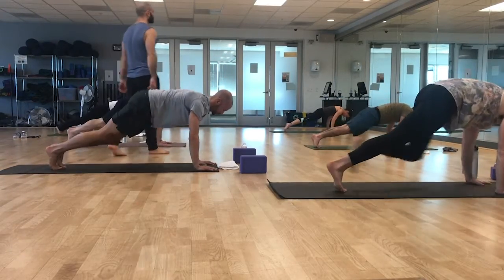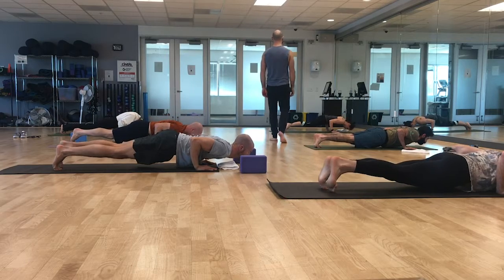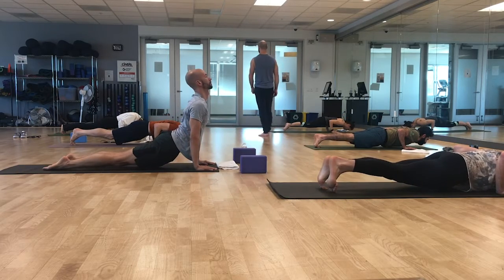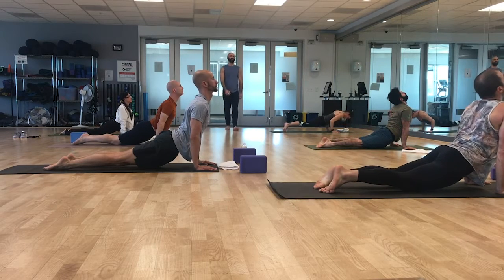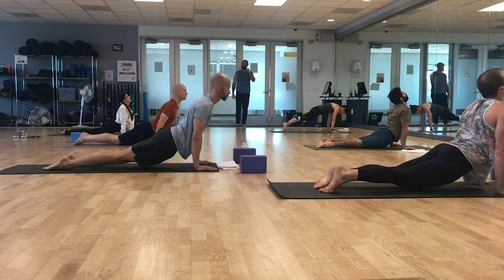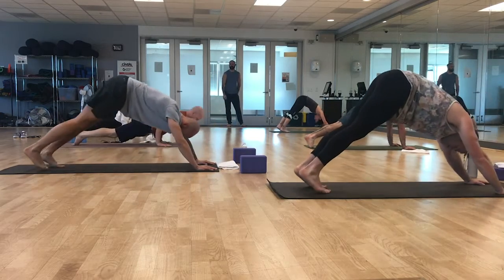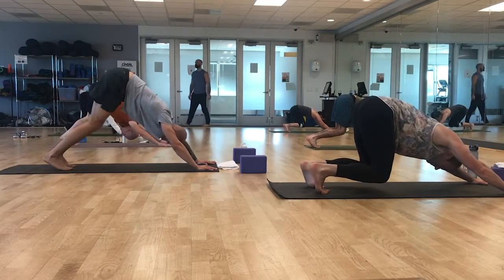And make sure you pause there at the bottom of your chaturanga for a moment. You keep the tailbone pulling forward. And there we go to upward facing on your inhalation. An extra breath here. Engage the shoulder blades again together and down before heading to downward facing dog on your next exhale. Good. Immediately bending your knees on the in-breath, and on the out-breath, take your feet to the front